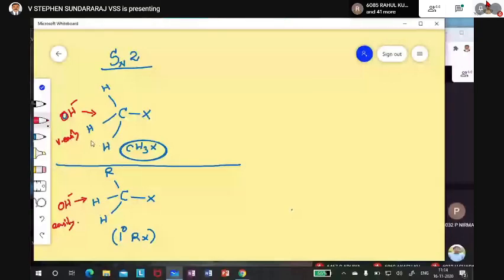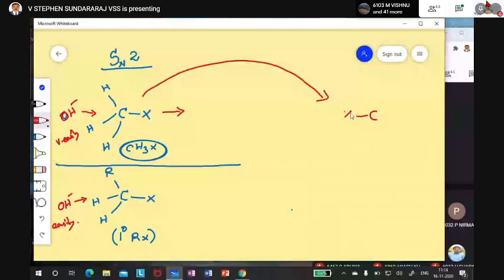So in one step the product will form. What is the product? Here OH will come, attacking from this side, like the opening of an umbrella. There are three hydrogens, and OH is coming and attacking, making a bond. At that time these hydrogens will move to that side, because the halogen will be going out. So this H will come to this side.